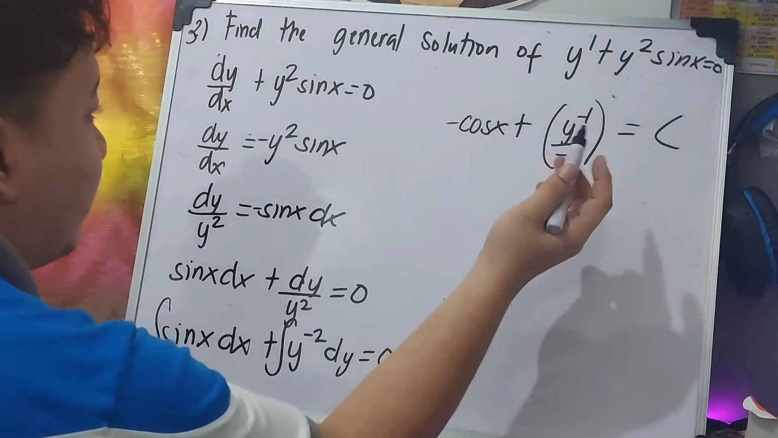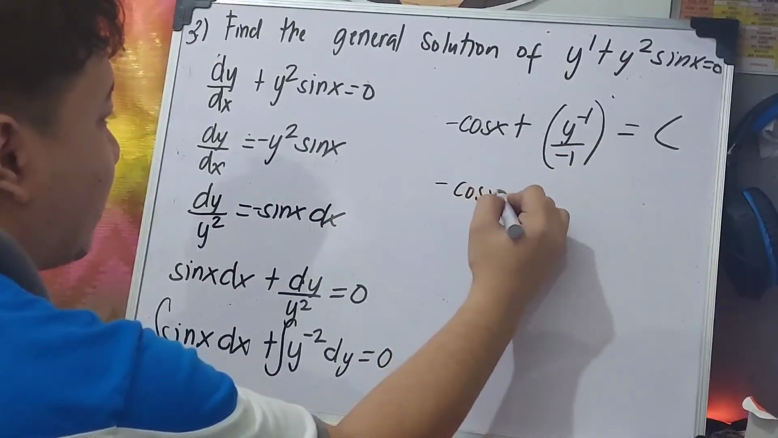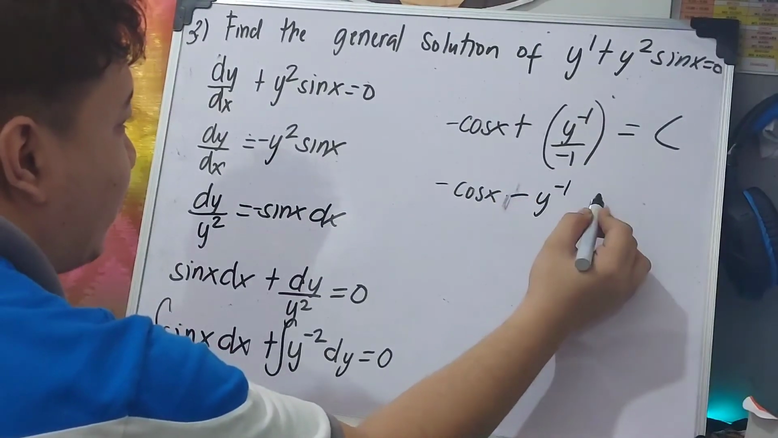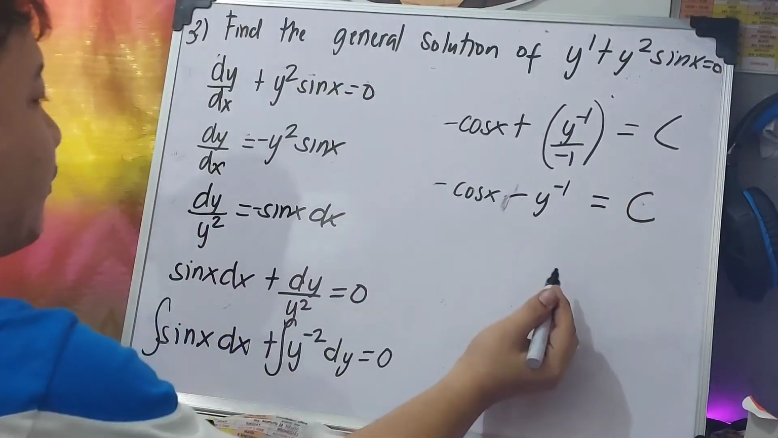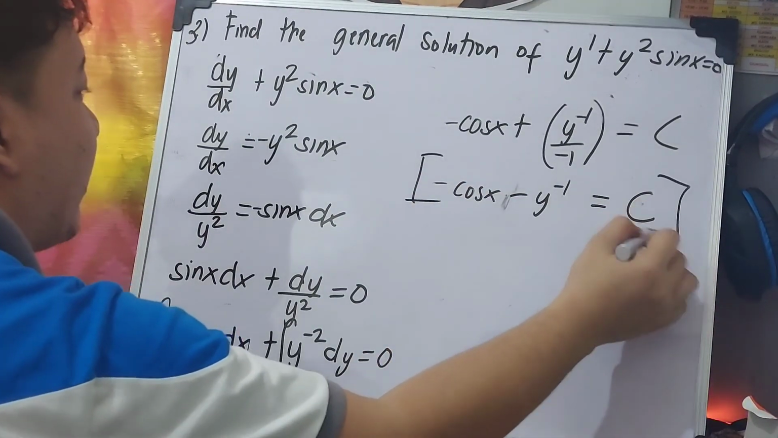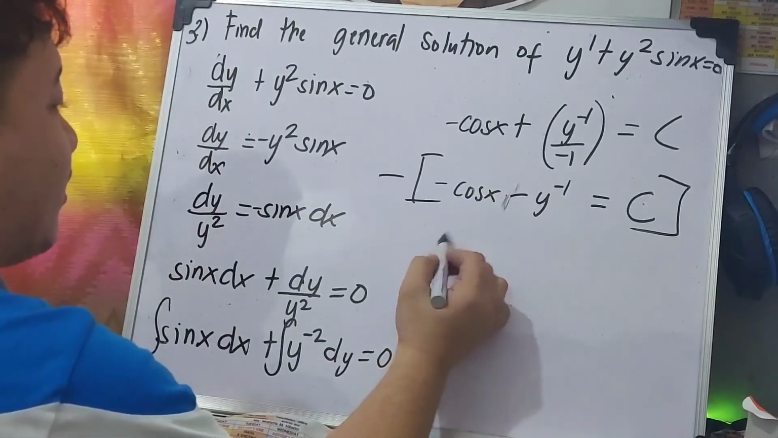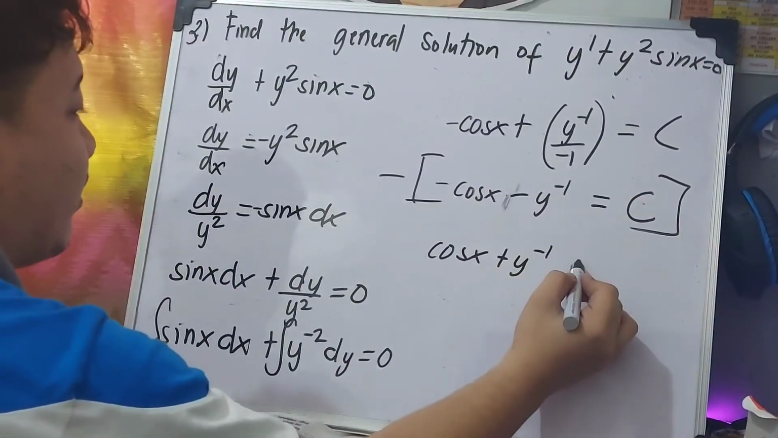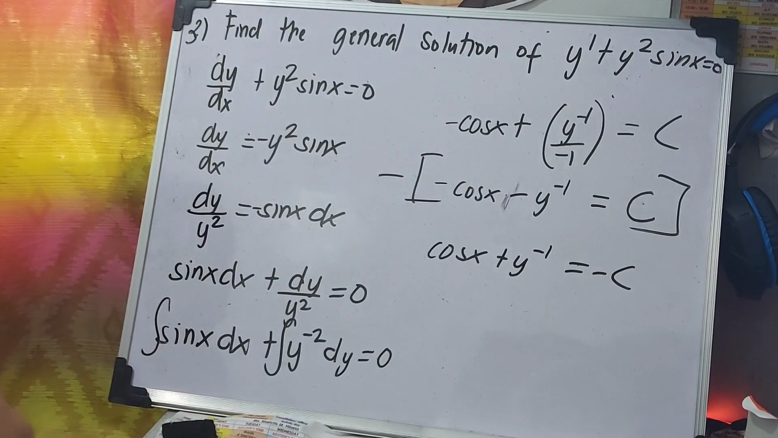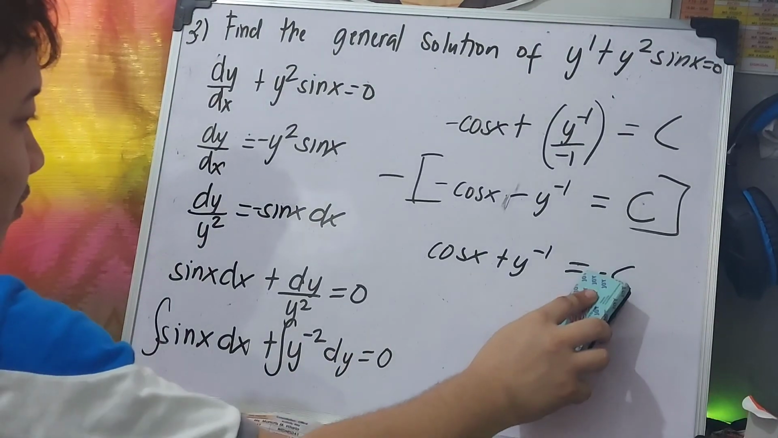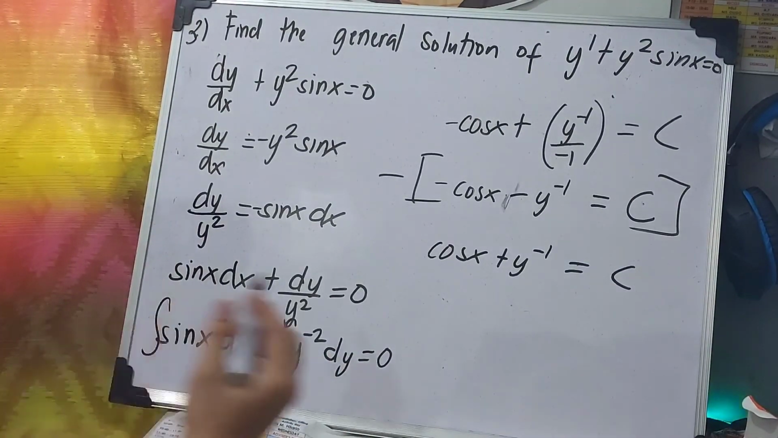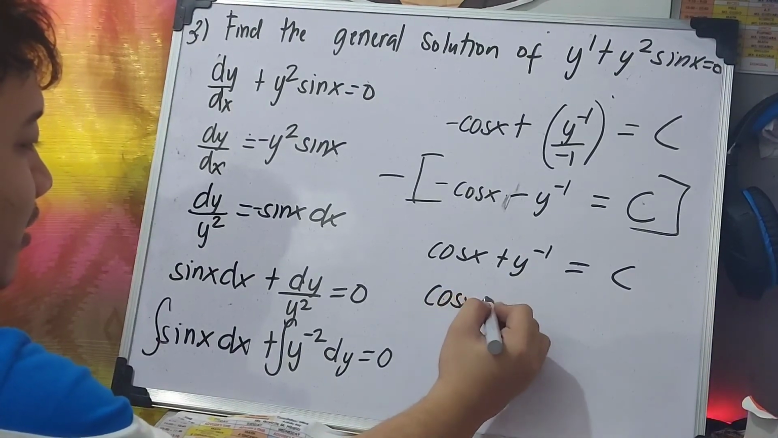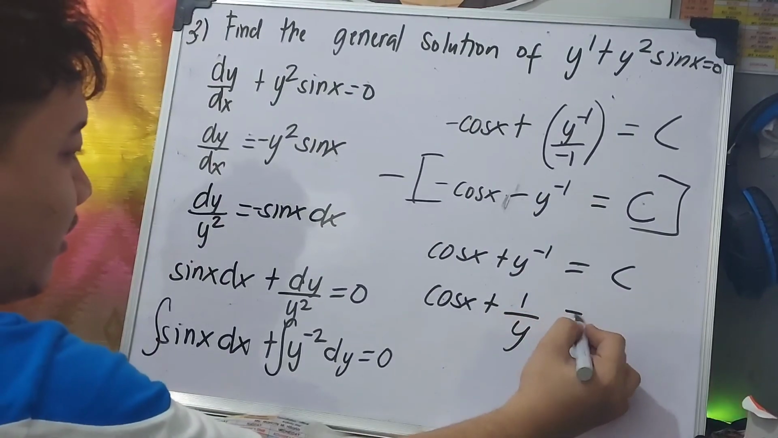In lowest term, we have negative cosine x minus y raised to negative 1 equals C. Multiply both sides by negative, we have cosine x plus y raised to negative 1 equals negative C. Since it is also a constant, remove the negative on the C. Continuing the lowest term, we have cosine x plus 1 over y is equal to